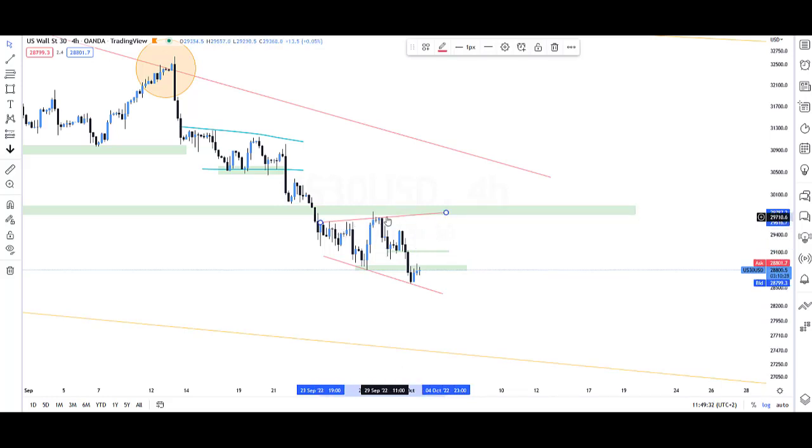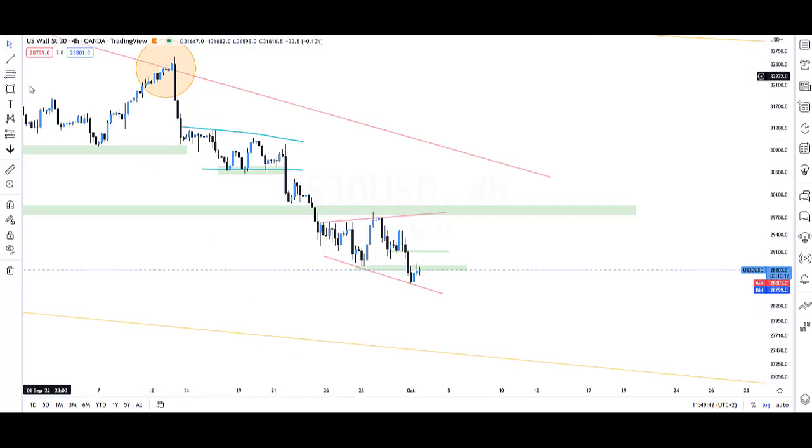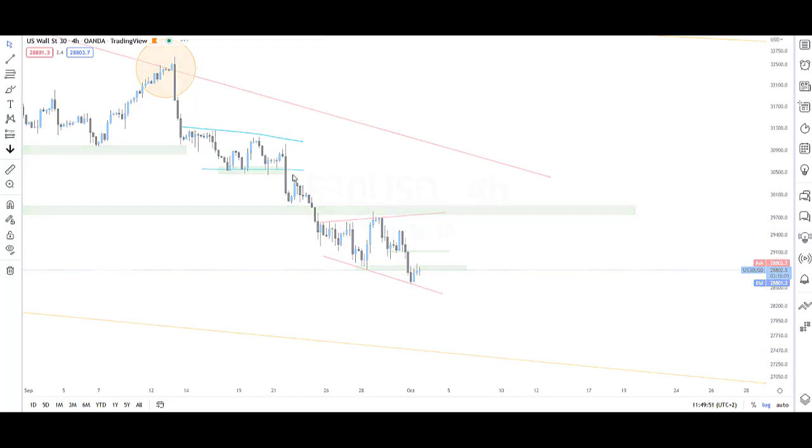But if it is to reverse, to go up, this is our point where we can say we've got the first touch, second touch, maybe the third touch, then price is likely to go down from a longer perspective, if you're thinking it's going to continue going down. But from here, we'll see guys. It's all about